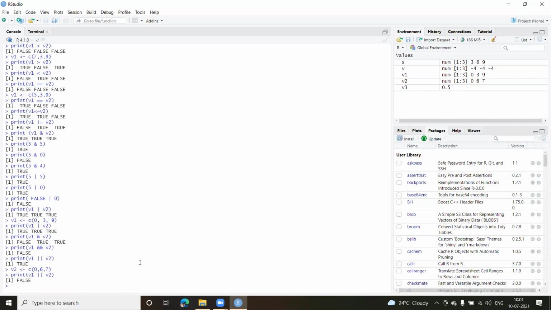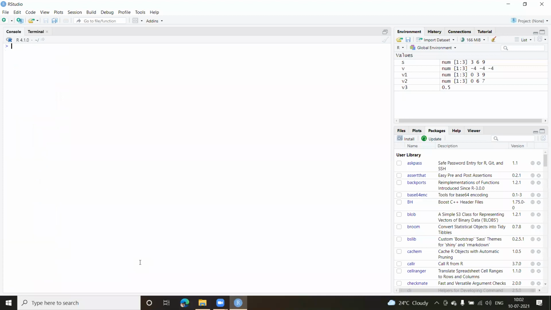Fine. We have already seen the assignment operator. When we come next, I'll show you there's another operator called in, and we can also have the multiplication operator, which can be used in a different way. These come under miscellaneous operators. So, when we come next, we are going to see that as well.